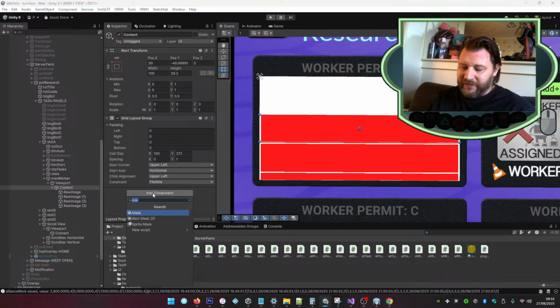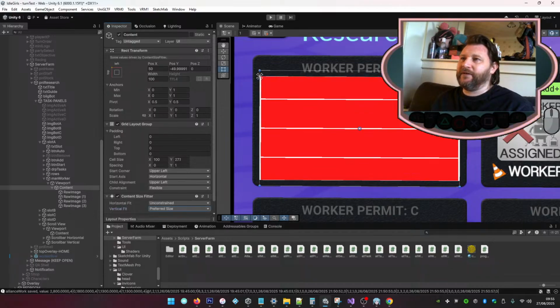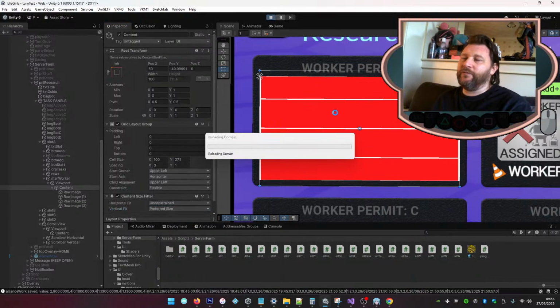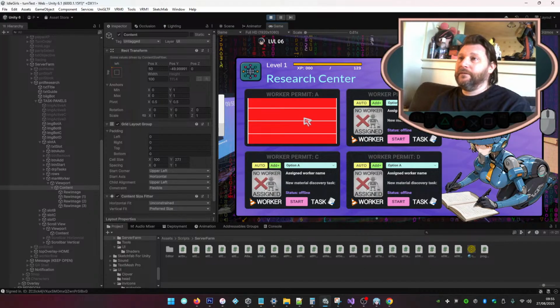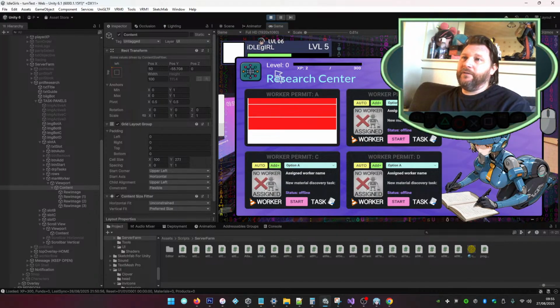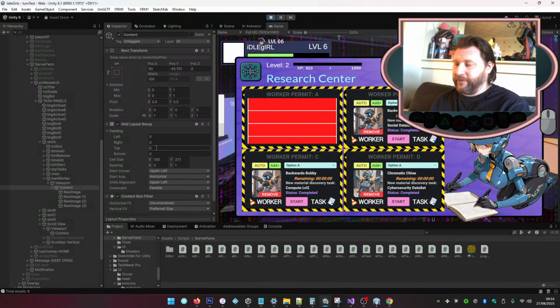Okay, we would want a content size fitter or a vertical layout group. So let's do a content size fitter, preferred size. Right, now it's gone up there. Okay, so let me just test that by running it and we'll see what we're dealing with. If it ever runs. Yeah, we need like a top and a bottom border on that. So if we do like top and bottom of 1,